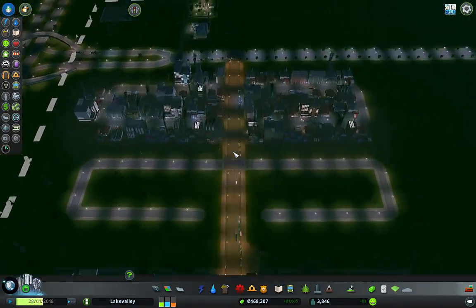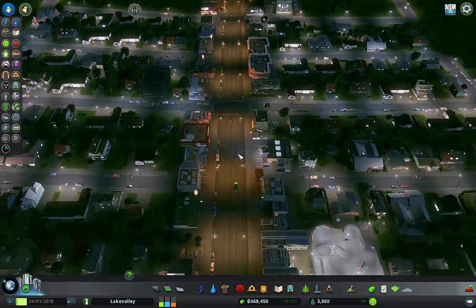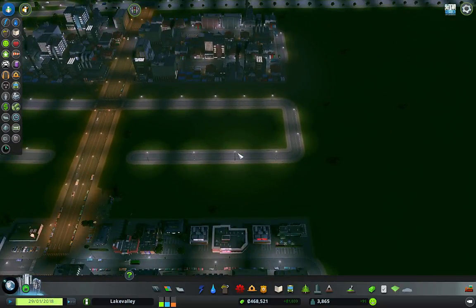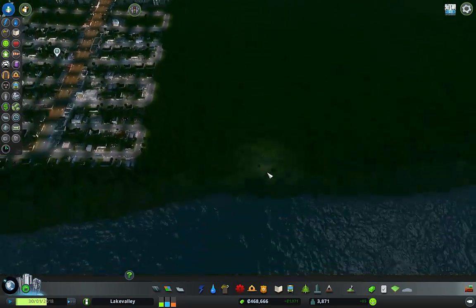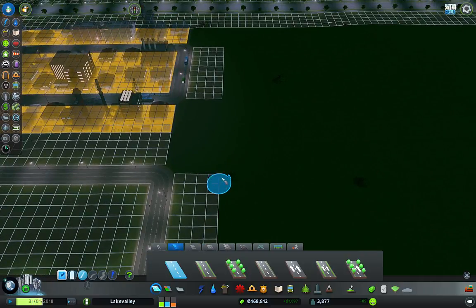Let's see. What else do we want to do? I think it might be time. We're making a good amount of money. I think it's time to add another neighborhood, another branch just like this one out here. So I want to make sure that we are set up. So if